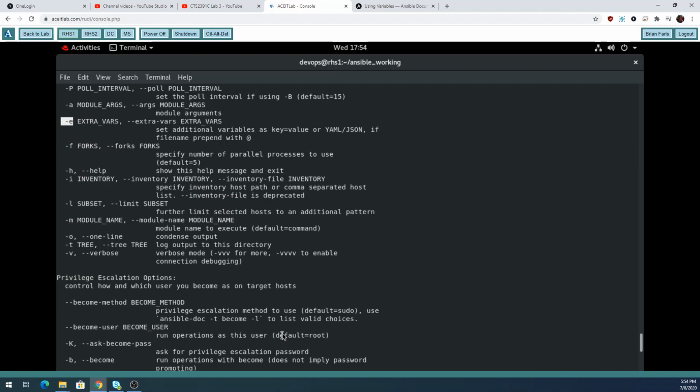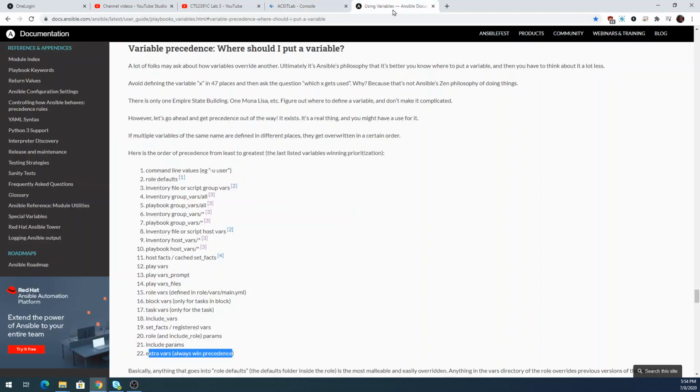So if you run an ad hoc command and you put the dash E, those variables will take precedence over any other variables. So just be aware that there is a way to override all others using the ad hoc command and the dash E. You might be able to use this in a playbook as well. I've never played with this, but